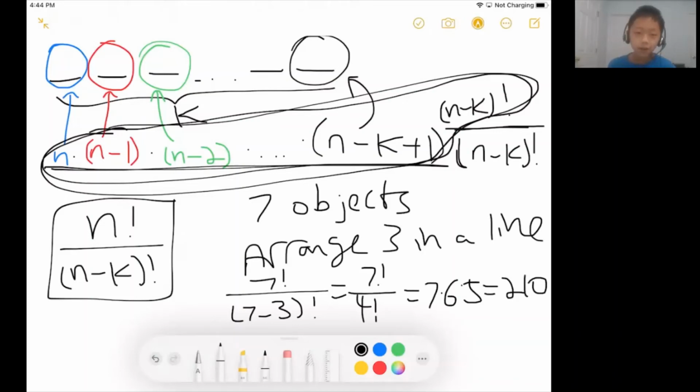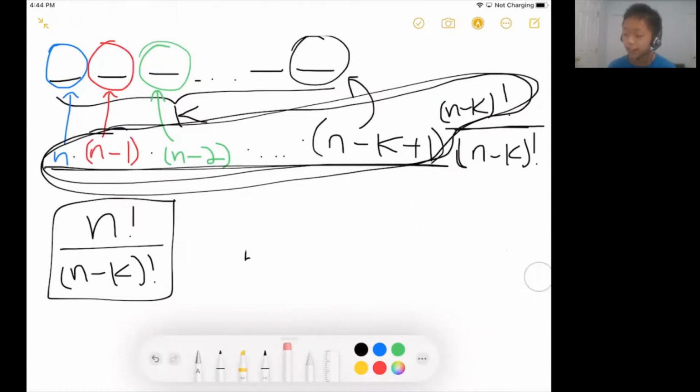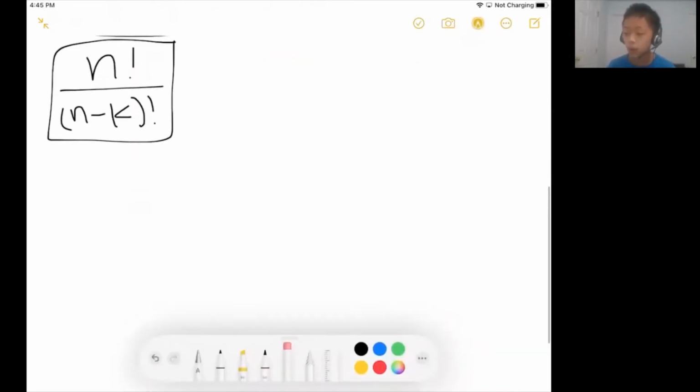Let's now move on to combinations. We just talked about permutations. Now let's talk about something that's very similar to permutations, but slightly different, which is called a combination. Notice that the important thing in a permutation is that the order in which you choose